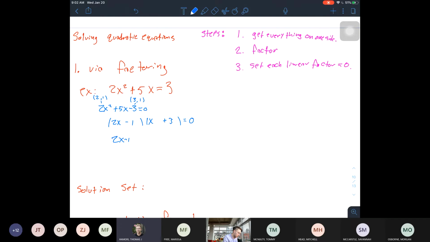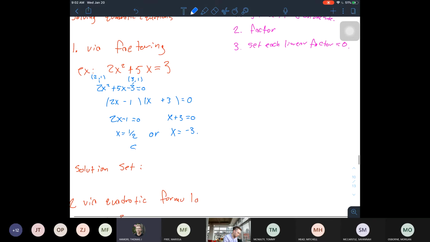So we'd set 2x minus 1 equal to 0. Then we would get x equals 1/2. And then we set x plus 3 equal to 0, and that would tell us that x equals -3. So the solution set for this equation, oh, I even wrote it down there already. The solution set is going to be (1/2,